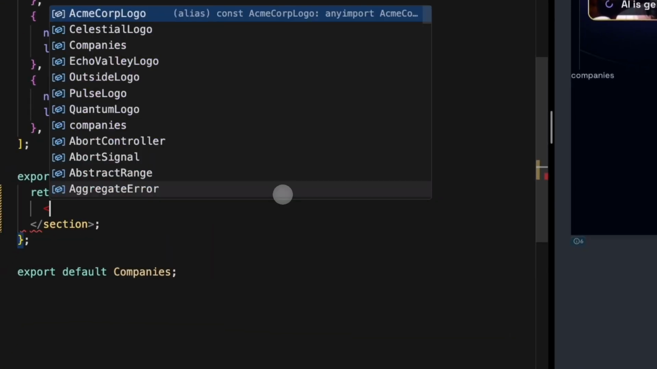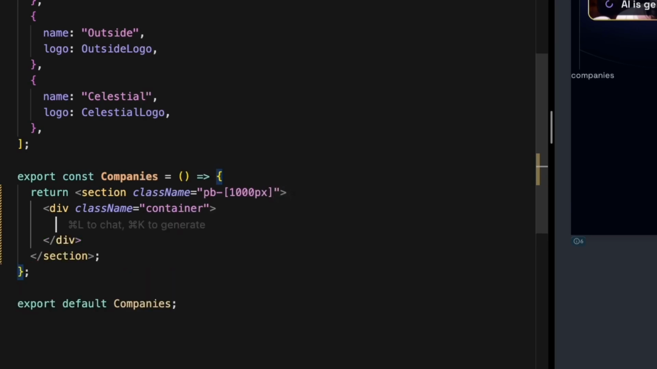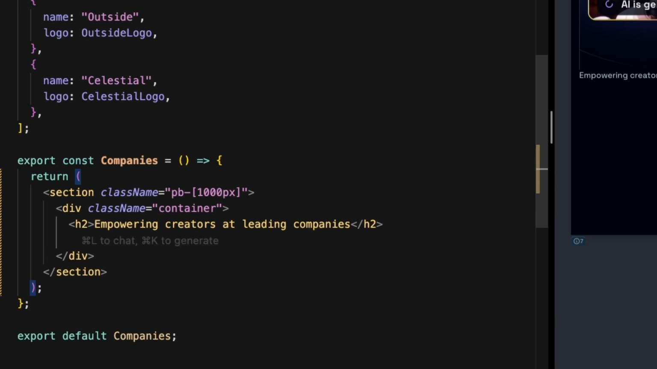So the first thing I'm going to add is this div class name equals container. And then inside that container, I'm going to add an H2, a semantic H2 for the title of this section. That's going to say empowering creators at leading companies. And then for each of those companies, we of course are going to map through those and show the logo for those companies. So we need to go ahead and say